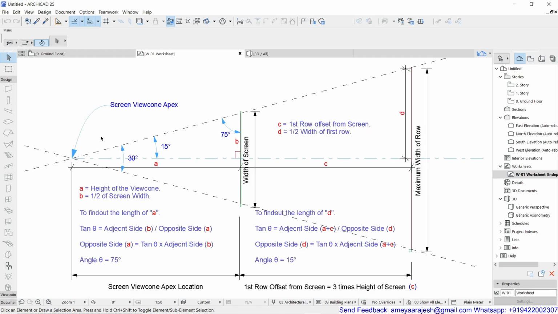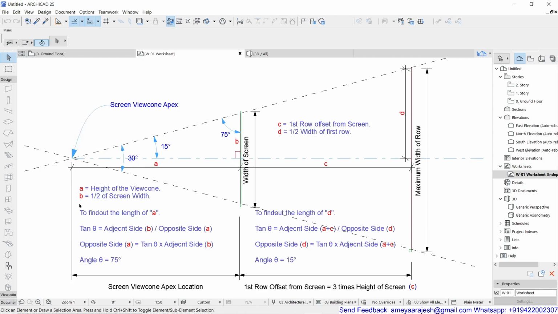Before putting the equation in Paramo, you have to understand that in this diagram, the value for A is nothing but the height of the view cone. That is my current target. I want to find out how much this height of the view cone should be.